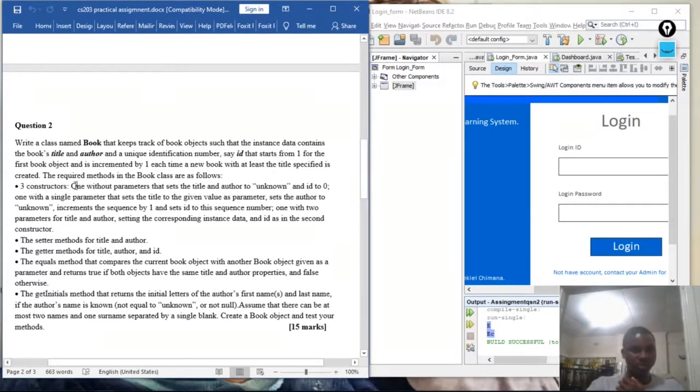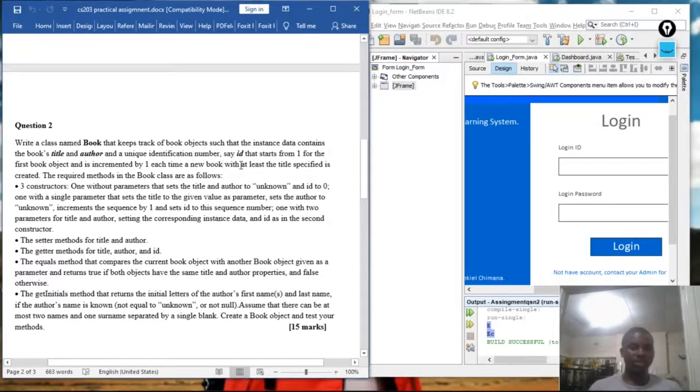So those are the required methods. Also, they are saying the Book class must have these instance variables: the title, the author and the ID. And these instance variables we have to declare outside any method, but just inside the Book class. And then you've got these methods. We have 3 constructors. One without parameters that sets the title and the author to unknown and the ID to